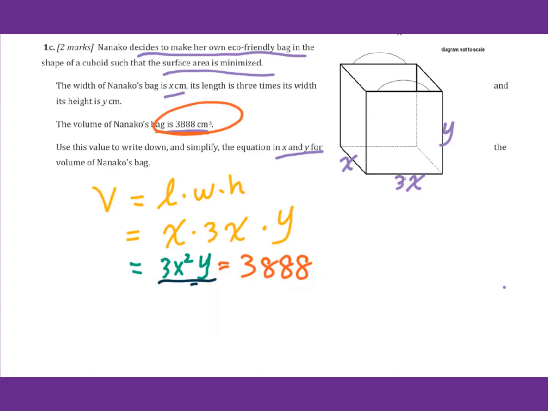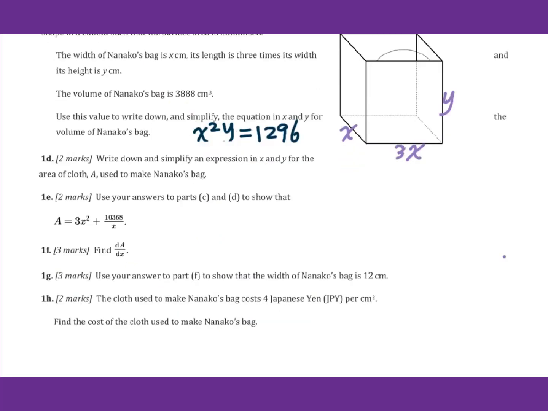Both sides we divide by 3. You will get x squared y equals 1296. Now go to 1D. Write down and simplify an expression in x and y for the area of a cloth A used to make this girl's bag. So we have area equals